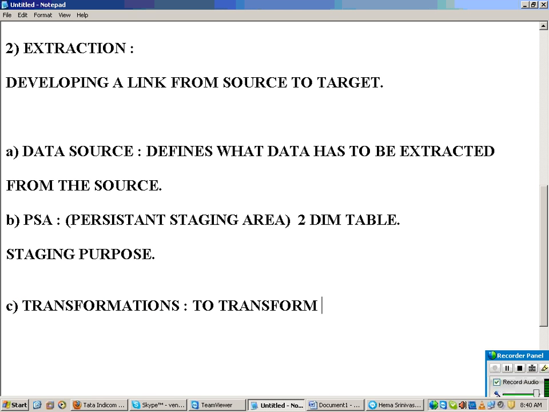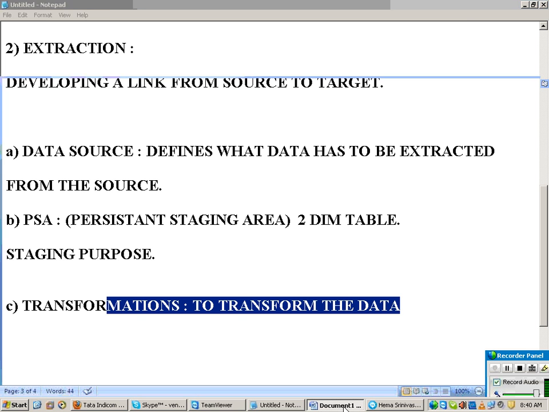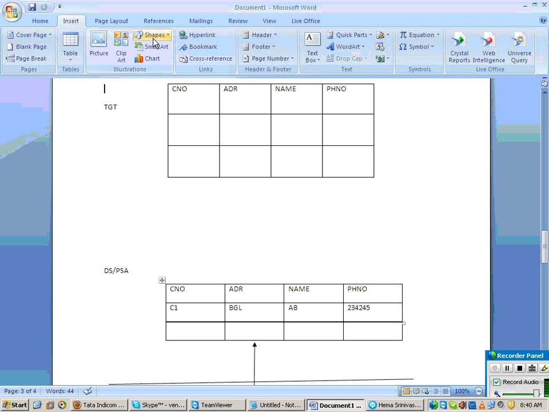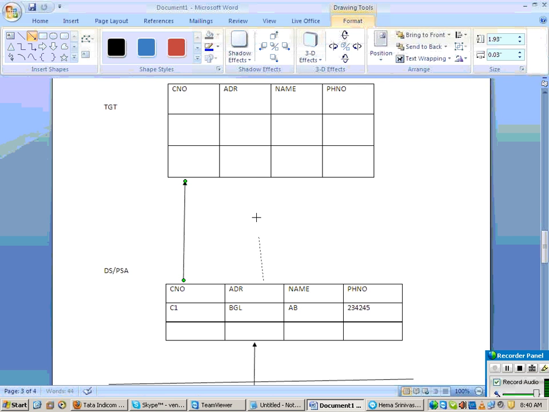In transformations there will be different options. Should I write some ABAP code and transform the data? That we call a routine. Or should I apply some constant value? Should I do some mathematical calculations? Basically you will get six types of transformations over there. All of that you are going to see in depth when we go into that particular concept. Right now just understand that the use of transformations is to apply the changes while data is going from the PSA to the target. So the PSA will have raw data, and the target will have transformed data.